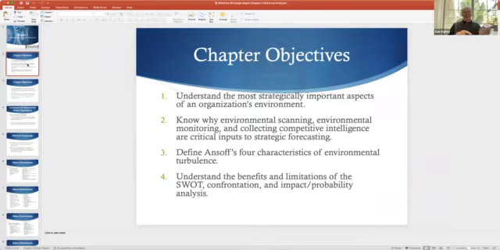Then we're going to look at environmental scanning, environmental monitoring, and competitive intelligence. Those 3 things are critical for the input for strategic forecasting. We'll also take a look at ANSOF's 4 characteristics that define what environmental turbulence is. We're going to be looking at today the SWOT analysis and SWOT matching and confrontation matrix. Now, when we return on Thursday, we'll pick it up at the impact probability, and then we have some others